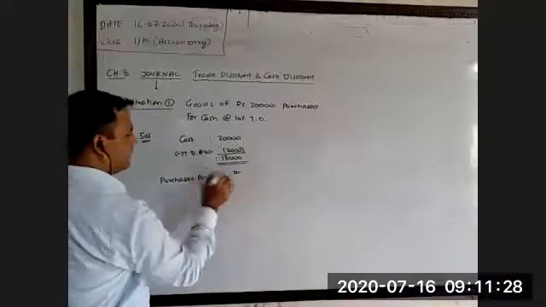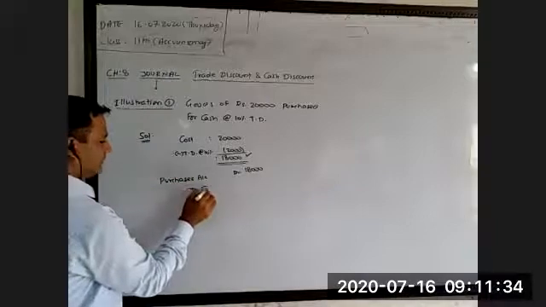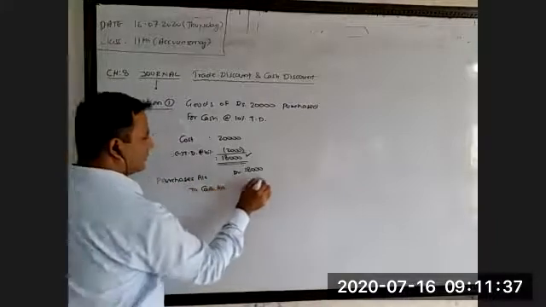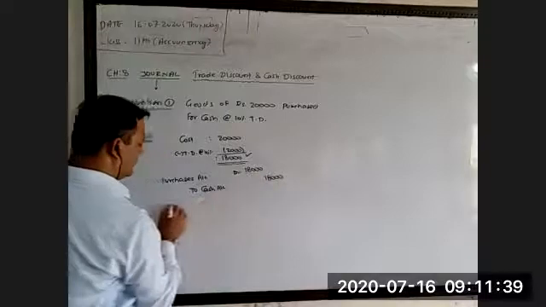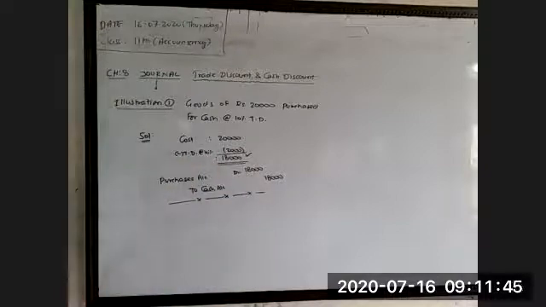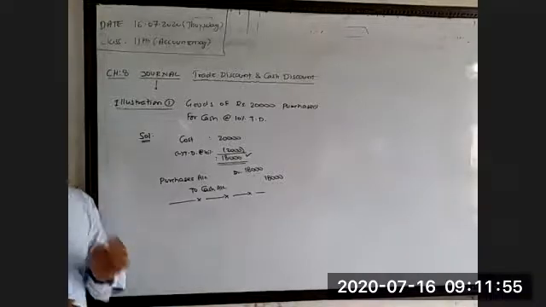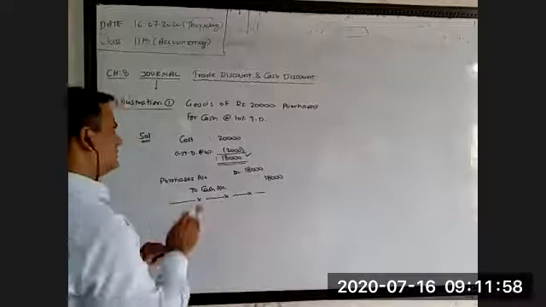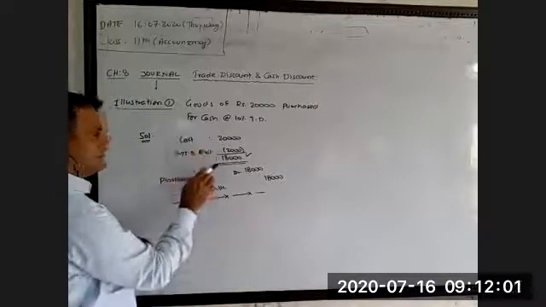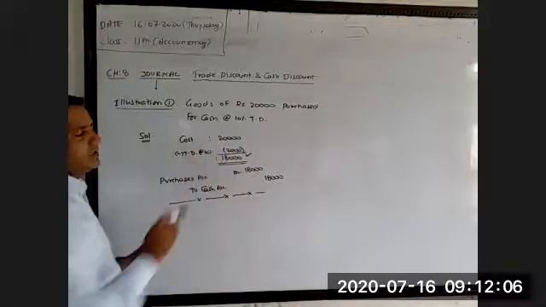Purchases account DR, how much amount? 18,000, to cash account 18,000. Done? Everyone? Is there any doubt? I don't think so. Very simple. Whatever the percentage of TD is given to us, first of all, we will subtract it from the cost price, and after that we do the entry with the net price, not with the cost and trade discount price.